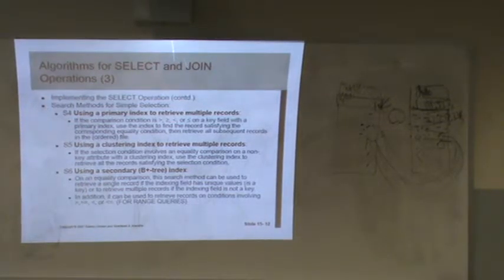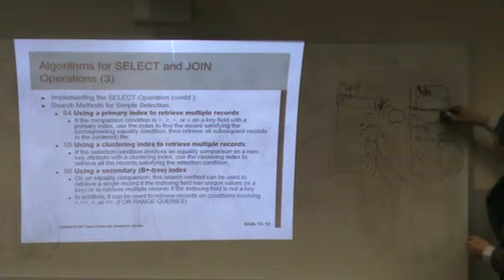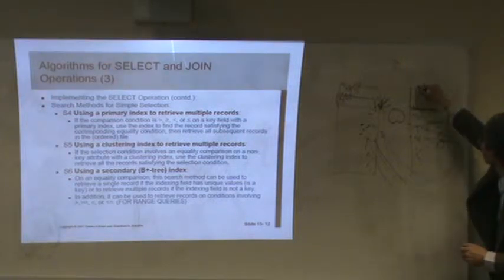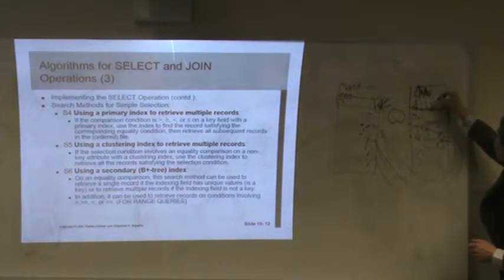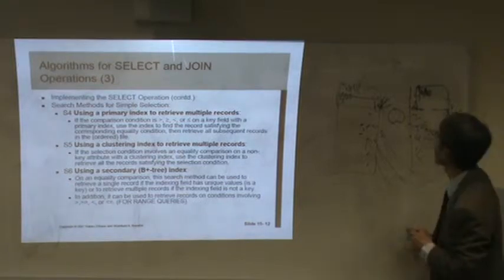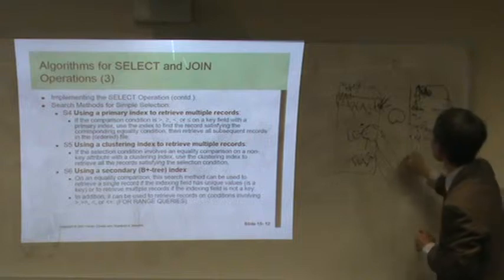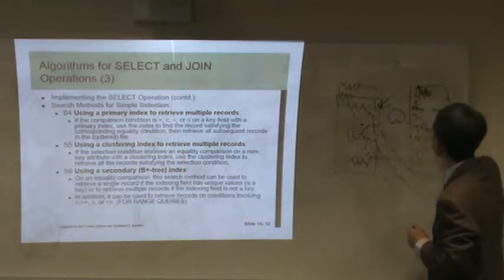So we can access multiple records using the clustering index. Then, can you repeat the fourth one, for the multiple records? The multiple record index has one index entry for each key. For example, this is social security number 1, 2, 3. 1 is Lee, 2 is James, and 3 is Patel. This information is not here, but Lee is here, James is here, Patel is here. So it points like this.